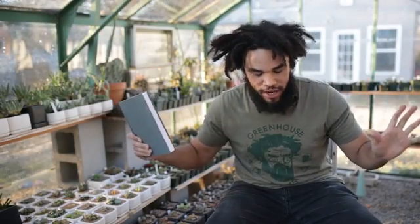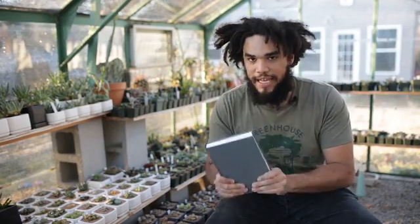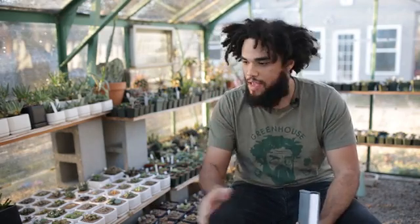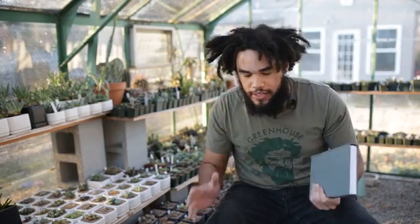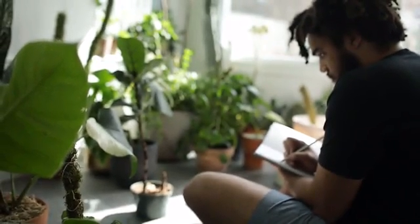Let's just cut straight to it. I made a thing that I really, really need. I grow the weirdest, most specific plants. I breed them, I hybridize them, and you know what? After like 3 years of doing this, I realized that the plant community, the plant world, was severely missing one